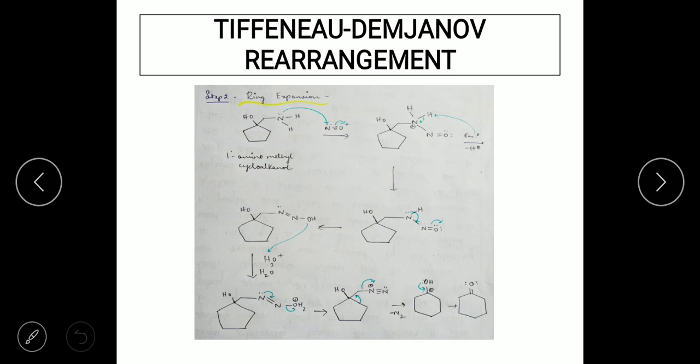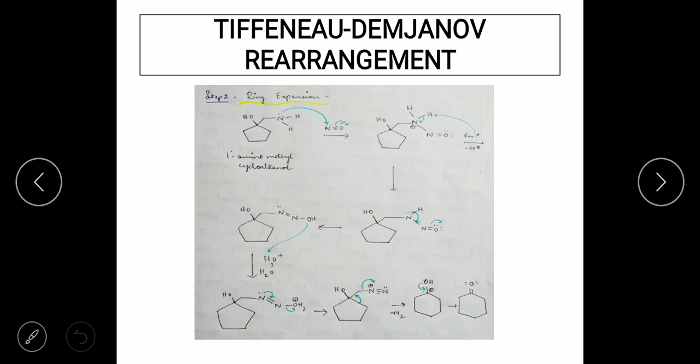So you can see that now nitrogen is bonded to 3 atoms and is having a lone pair. Now the next step would be the lone pair on nitrogen is going to form a double bond with the other nitrogen, and there is going to be movement of electrons from the nitrosonium ion towards the oxygen to give O minus. Now this O minus is going to grab the proton H plus to give rise to NOH.